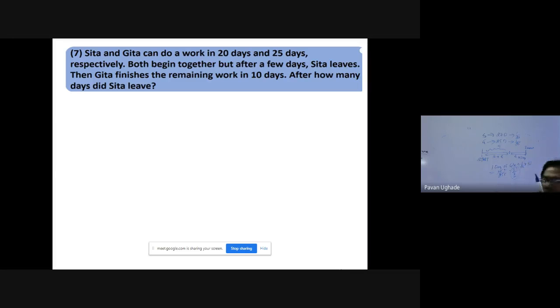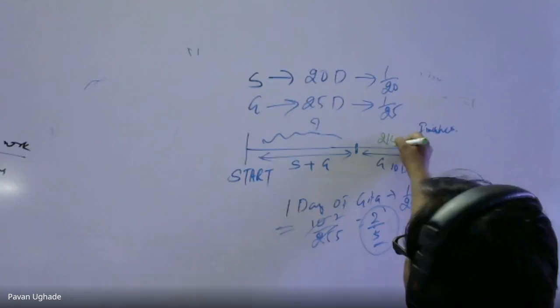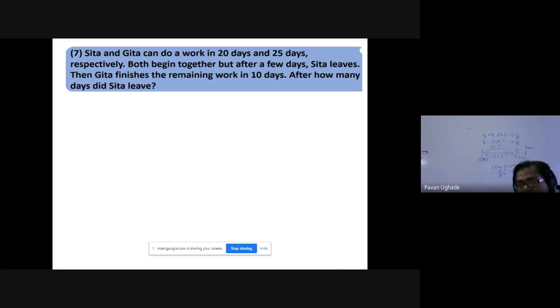अगर 2 by 5 इसने अकेले ने किया है गीता ने, तो दोनों ने मिलके कितना काम किया होगा? 1 minus 2 by 5 is 3 by 5. So this 3 by 5 work has been done by both Sita plus Gita. Are you understanding the complete scenario? Now, how will you do it? Just see. So for the 3 by 5, the 1 day work of Gita is